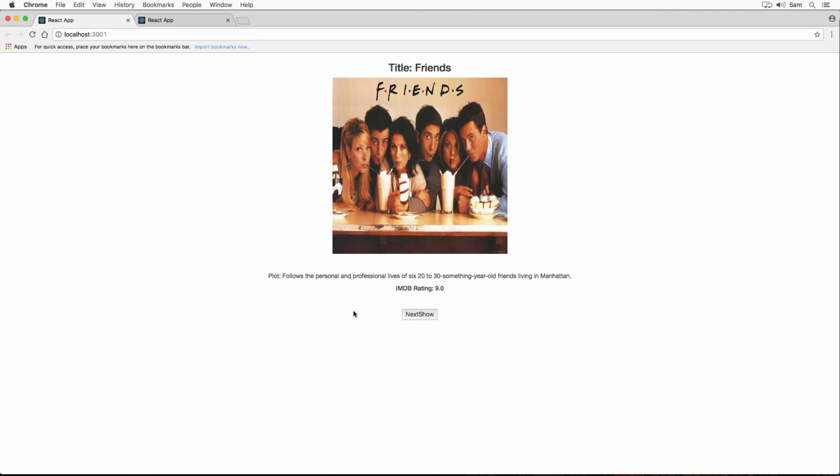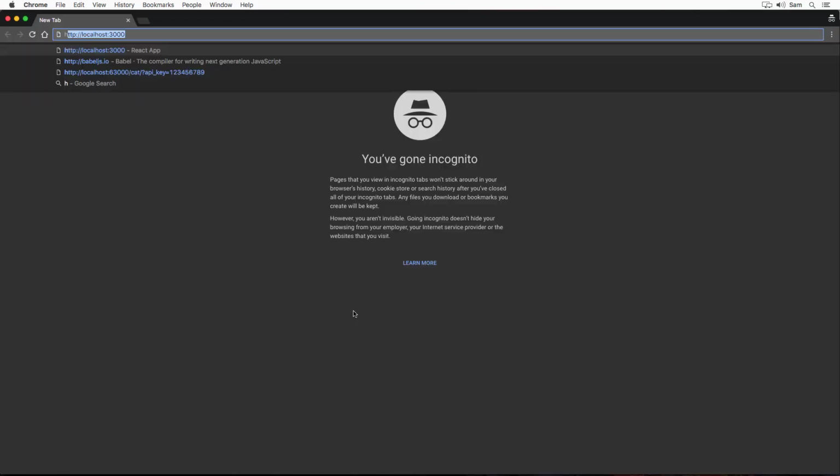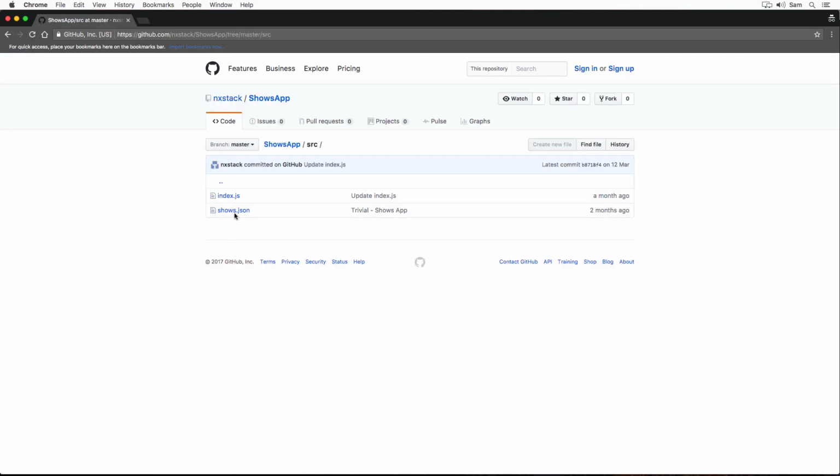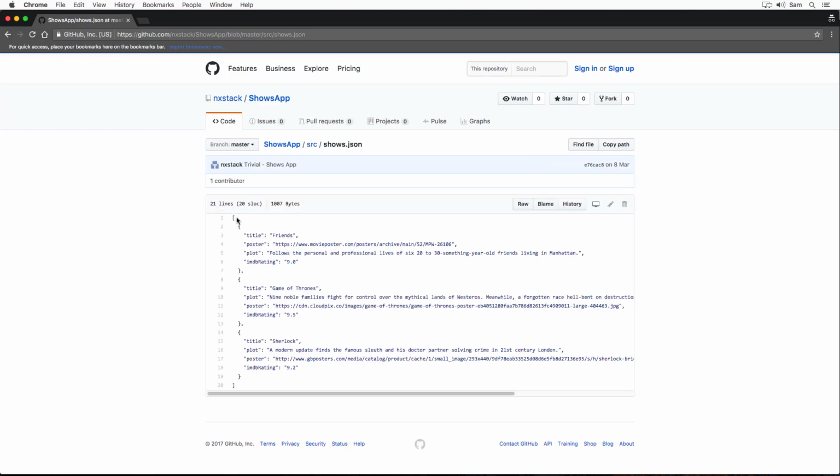Firstly, to get the shows data that we will be using in this app, you can go to this link, https://github.com/nxstack/shows-app. You can click on the src folder and inside it, let's open the shows.json file. This file contains the shows content which we are going to display on screen.